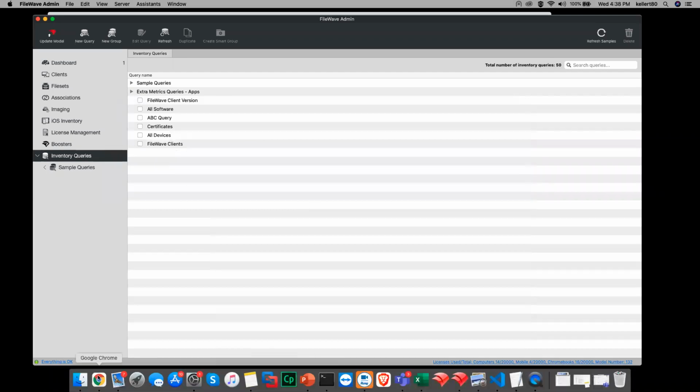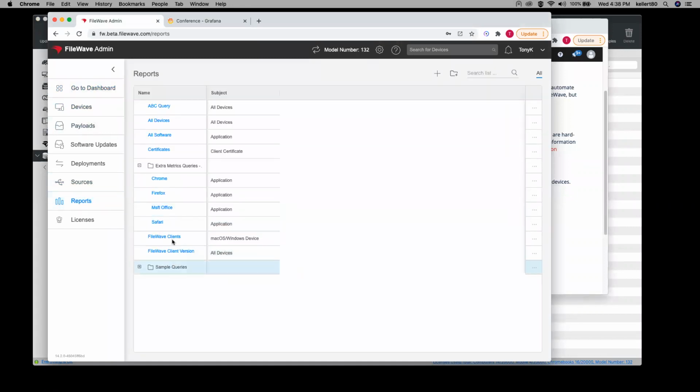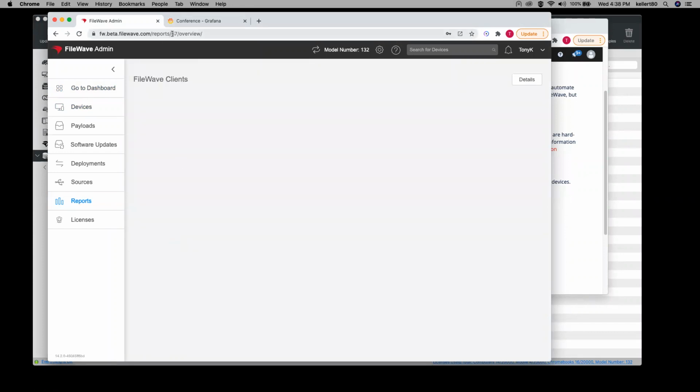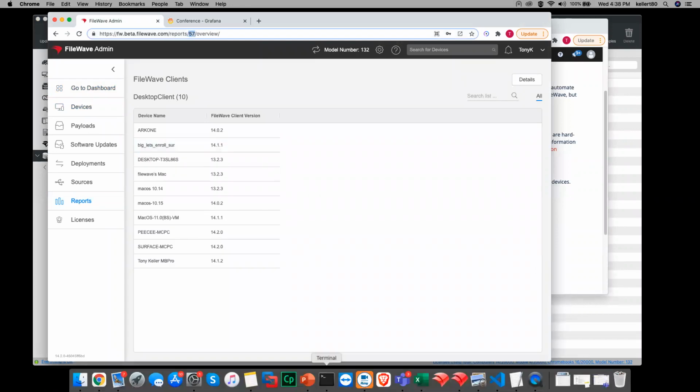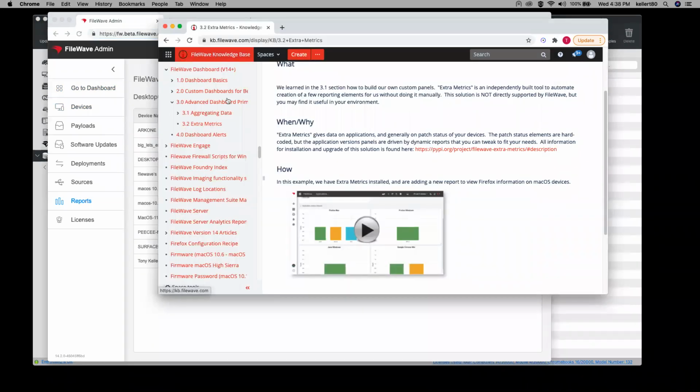Now I need to cheat a little bit because I do need to know the ID number of that. The simplest way to do it is to look at it in reports in the web admin because it actually shows me that. So my FileWave clients is ID 57. Okay, now this is where we need to cheat a little bit and go into the OS of our server to do this. So do I think this is something you're going to be doing every day? No, but it's a good exercise to understand how it works, and it allows you to do something in the meantime with this kind of reporting